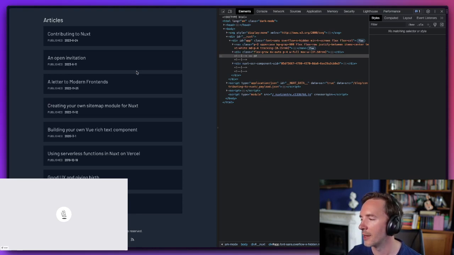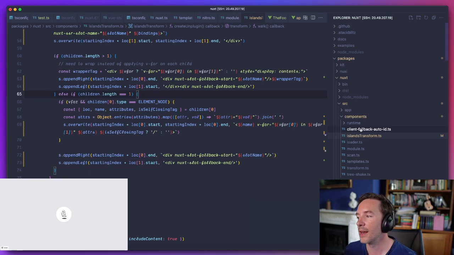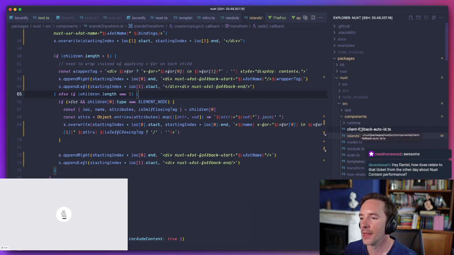If I don't open source my blog first. But yes, okay, I would love it if you wanted to dive in and do something in Nuxt, like make it better. This doesn't actually yet relate to the ticket for Nuxt content performance, because we're not using that.